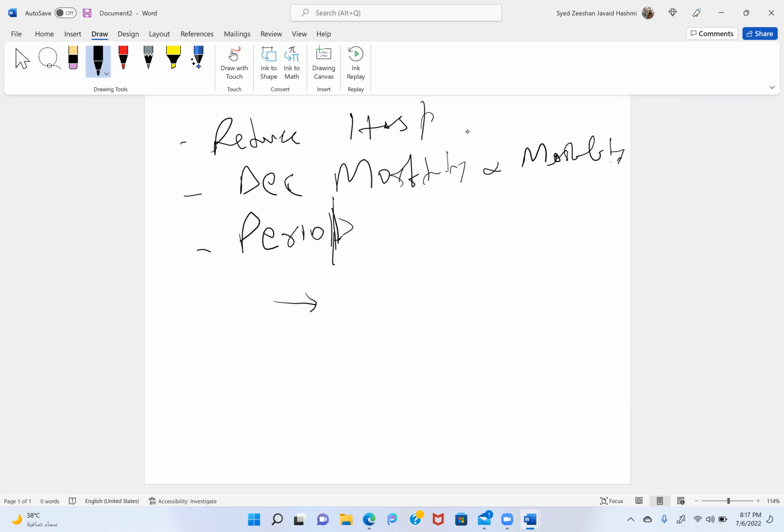Then they try to reduce aggressive preoperative preparation, like keeping the patient nil by mouth for a long time. And intraoperatively, plan to give medications which are relatively